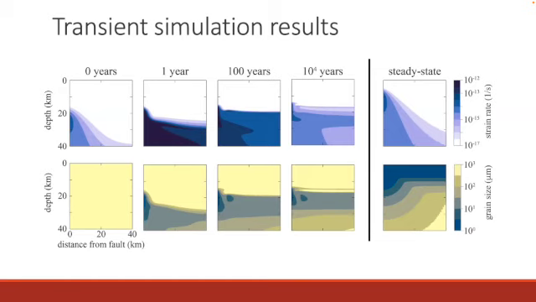grain size. Under these conditions, dislocation creep is initially the dominant deformation mechanism, and appreciable viscous strain occurs only below 20 kilometers depth. Within the first year, the grain size near the fault drops rapidly where the work due to dislocation creep is the largest. This causes the dominant deformation mechanism to switch to diffusion creep within the shear zone. It also weakens the crust, causing a region of elevated viscous strain to form as well. Over the next